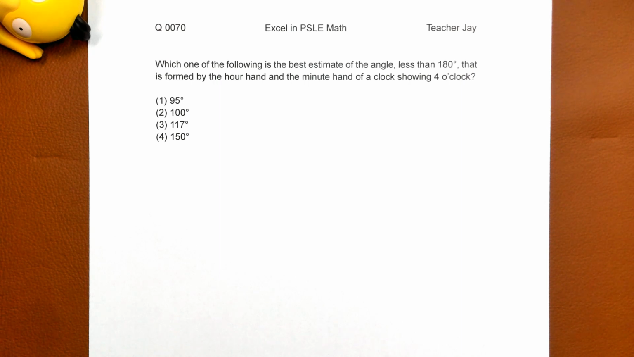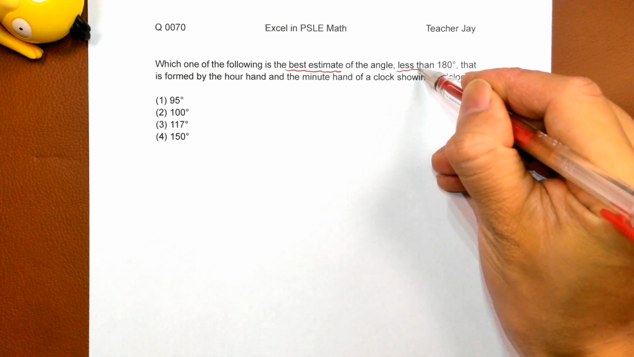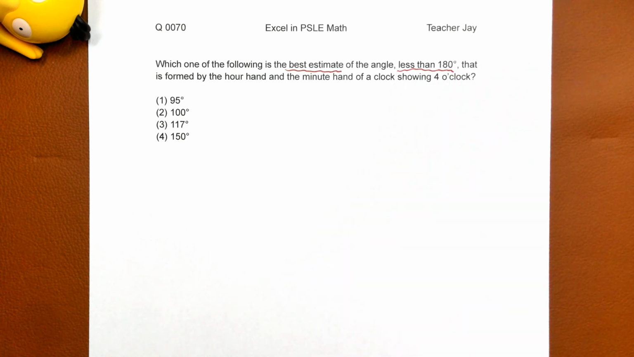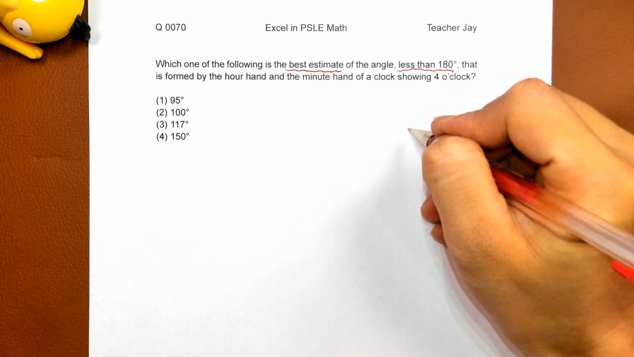Which one of the following is the best estimate of the angle? 下边哪一个是一个对角度的最好的估计？Less than 180 degrees，这个角是小于180度的，and that is formed by the hour hand and the minute hand of a clock showing 4 o'clock。那么好了，我们来想一想我们的4 o'clock，